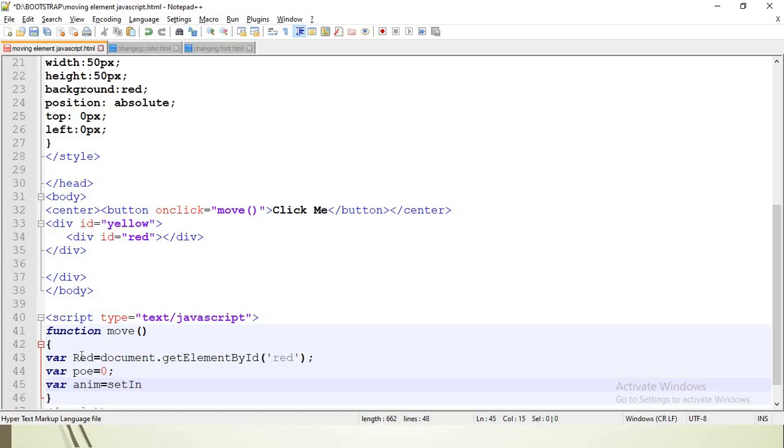So make use of setInterval. For how many milliseconds it should animate is 5 milliseconds. That is, every 5 milliseconds the red object moves from one position to another position. You can also give 100 milliseconds, and it will move slowly from top left to the bottom right.